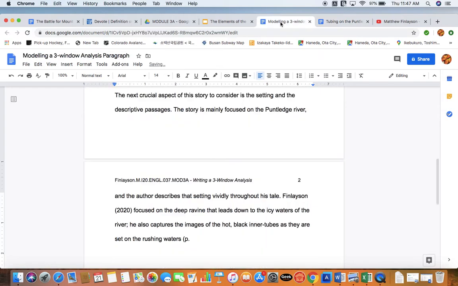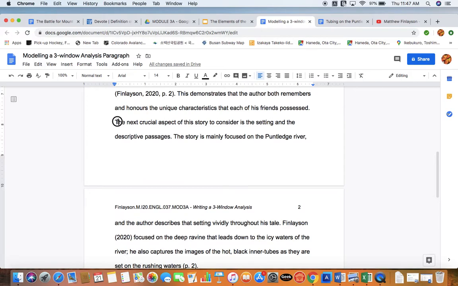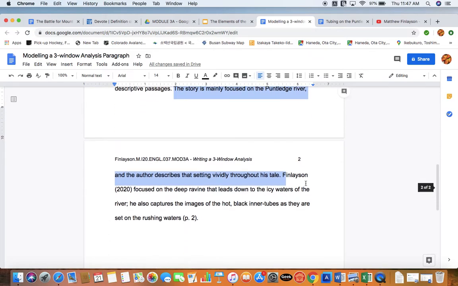Good. So now I'm just going back to check my page number as always, right? So now I've completed my second citation here. So this is the setup sentence, right? We've got our transition is predicted here, the next crucial aspect. Then this is the setup sentence of our second triad. Then we move into an integral citation, and then my analysis is going to come next.